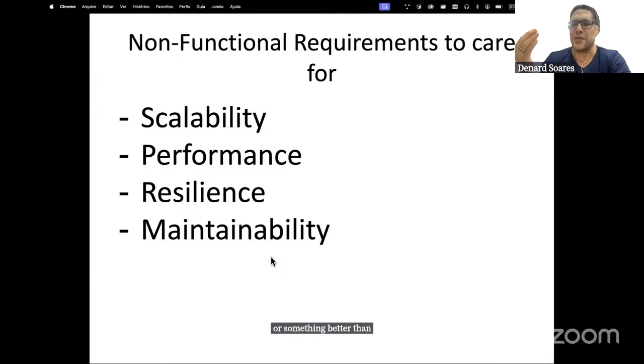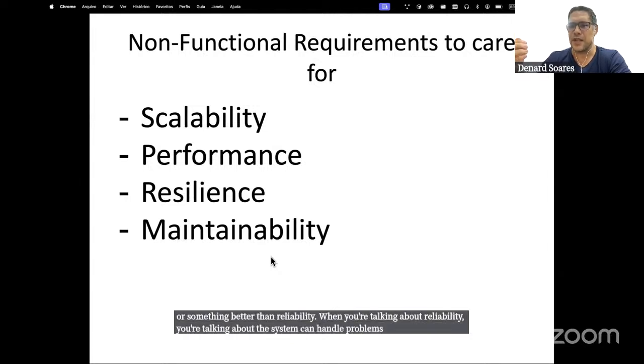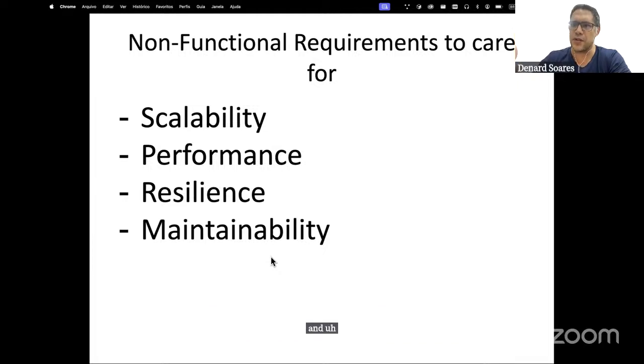When you're talking about reliability, you're talking about the system being able to handle problems and continue to respond in a proper fashion. Okay, but resilience goes one step further and tries to recover when you're going through some problems.